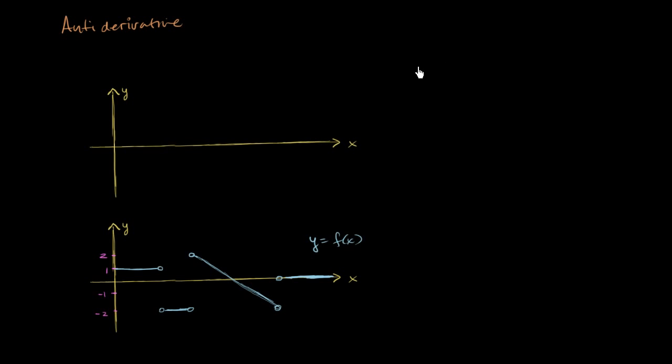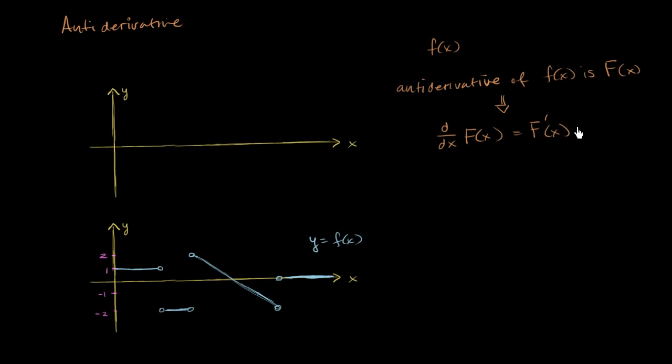So for example, if we have f of x, and let's say that the antiderivative of f of x is capital F of x, which tends to be the notation when you're talking about an antiderivative. This literally just means that the derivative of capital F of x, which is equal to capital F prime of x, is equal to f of x. So what we're going to try to do here is we have our f of x, and